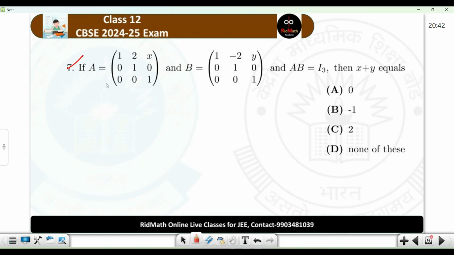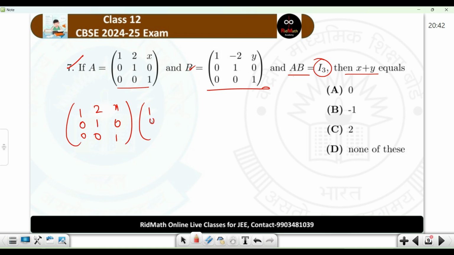Question number 7. A is this and B is this, then AB is equal to I3. Then what is x plus y? So what is A? Row 1: 1 0 0, row 2: 2 1 0, row 3: x 0 1. This is multiplied by B: 1 0 0, minus 2 1 0, y 0 1. So multiplying this, first row first column, 1,